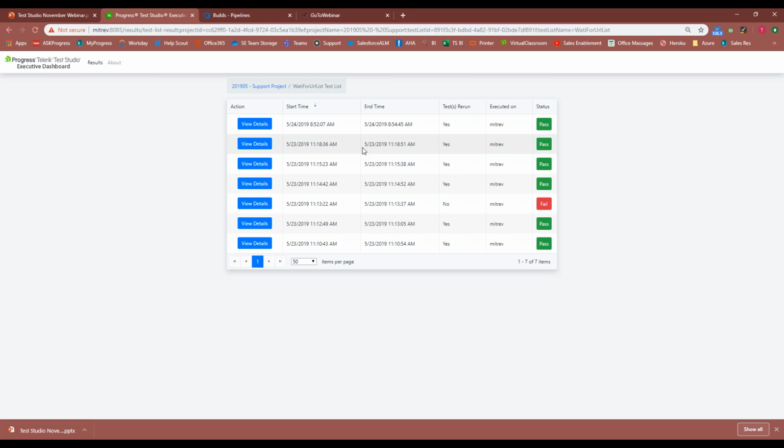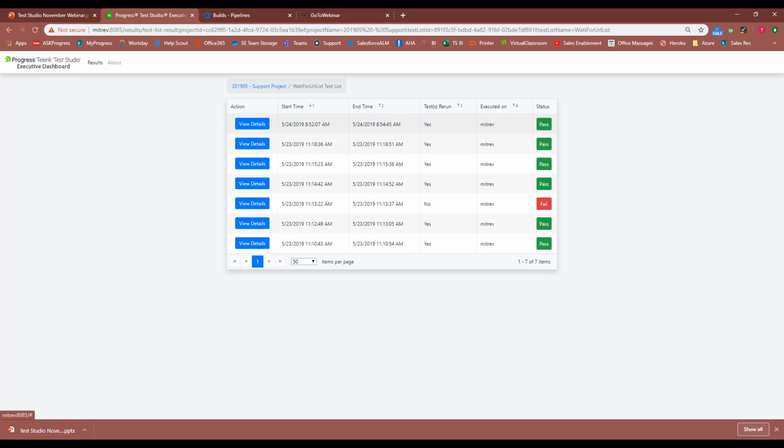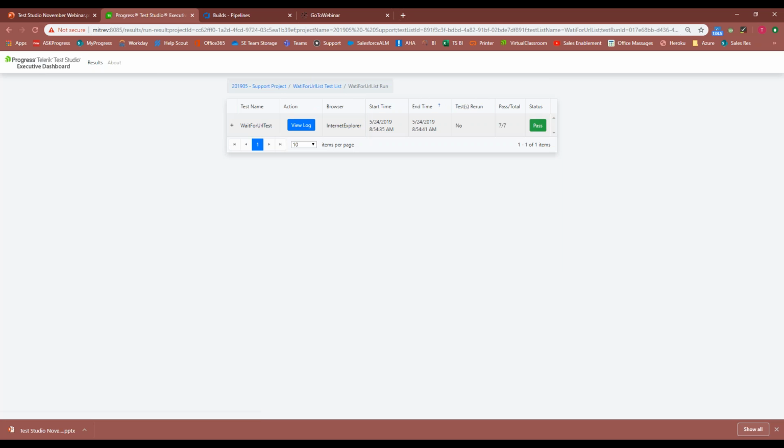Whenever you click on such a test list, you can see all the test runs here with their start and end times, whether they were rerun, yes or no, and the machine they were executed on with the corresponding status of the run. It's a simple table which you can use all the sorting and filtering capabilities. Whenever you click on details on a run,